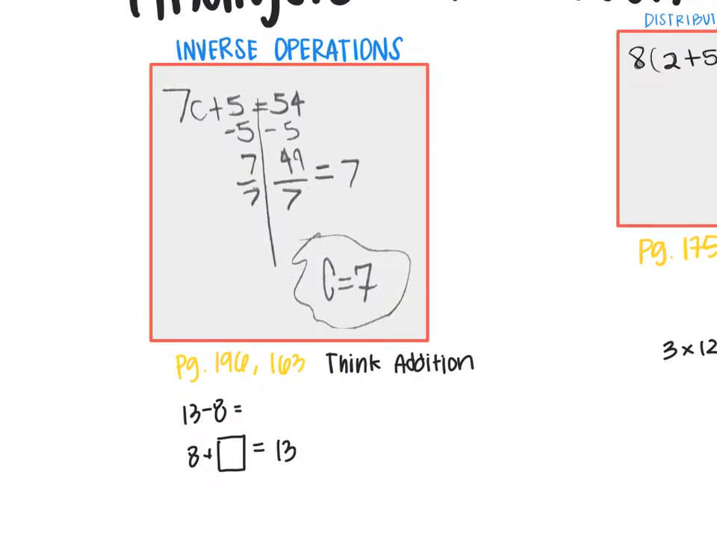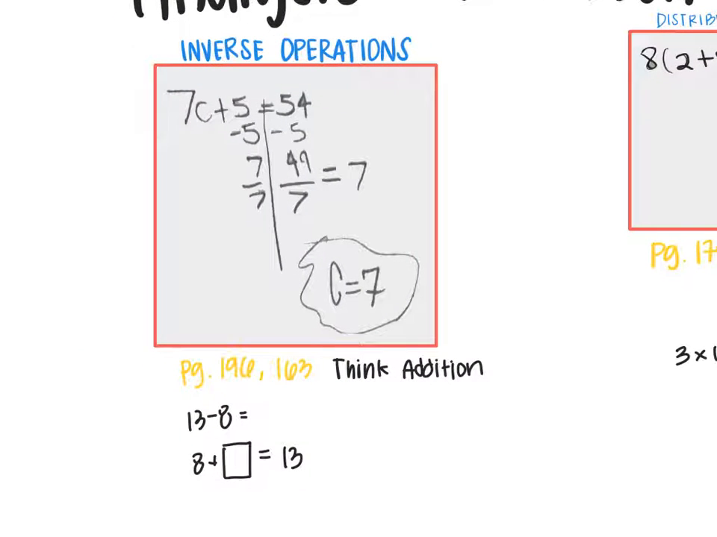We're going to go ahead and look at the inverse operations. With the inverse operations, we do see that she still struggles with specifically inverse operations on multiplication and division. She is okay with inverse operations on addition and subtraction. So in the book on pages 196 and 163, the thing that made me think about inverse operations was in